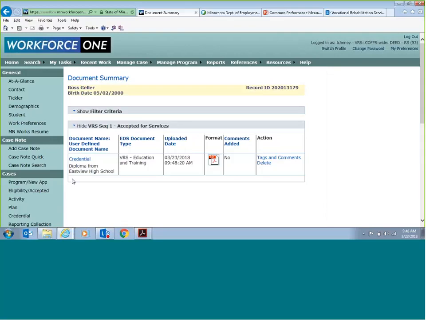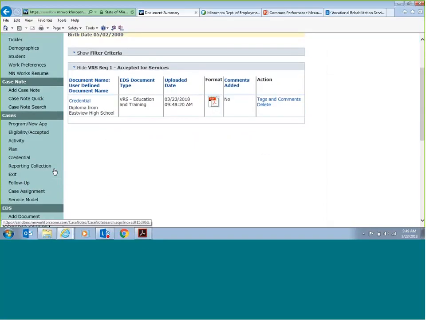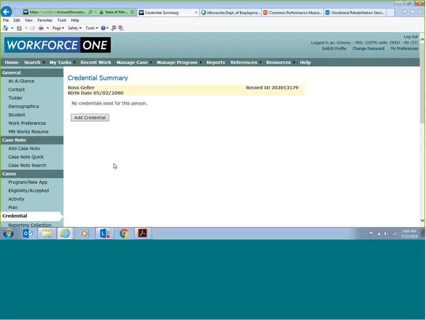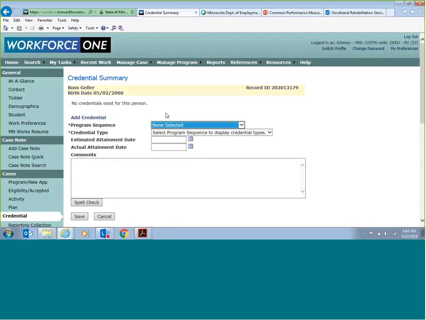Now I want to remind you that you would not enter a credential if you have not uploaded a document to EDS. So since I've done that, I'm going to go ahead and use my left navigation and I'm going to click on Credential. It's going to bring me to the credential summary page, and you're going to notice that currently there are no credentials for Ross. So in this example, I'm going to go ahead and click Add Credentials,